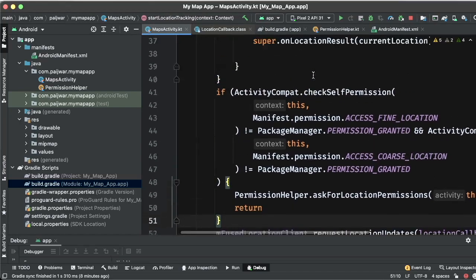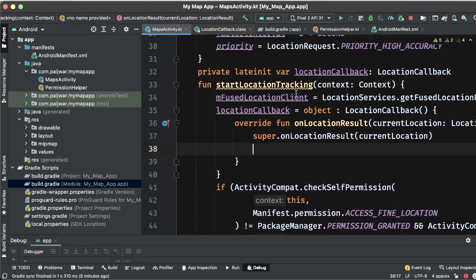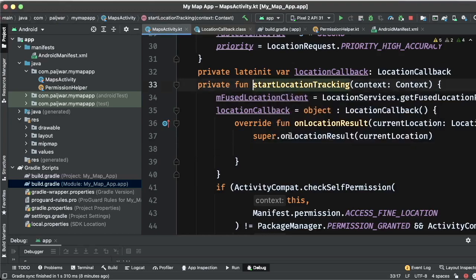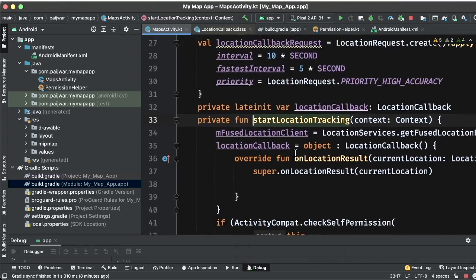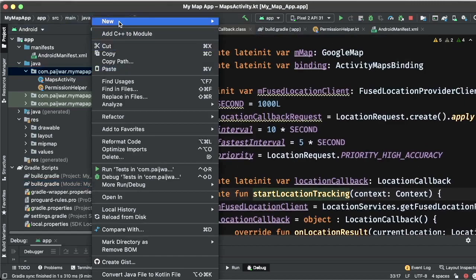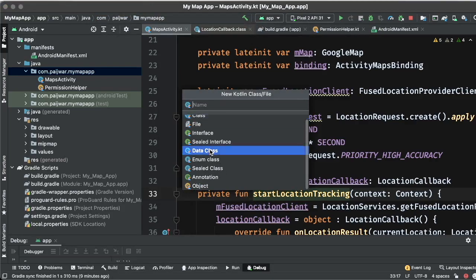Okay, now the update will come here. Once location is updated, it will come here. As soon as location comes, what we need to do is map it on the map. For that, I will be creating a class called LocationModel, and that will be a data class.